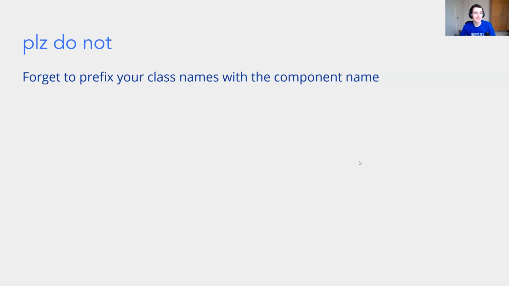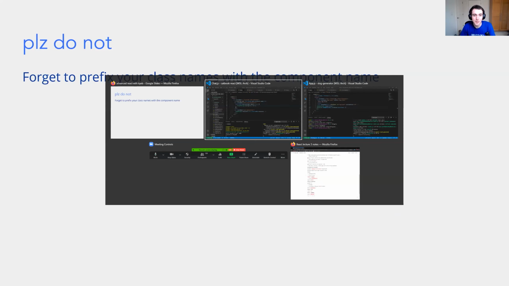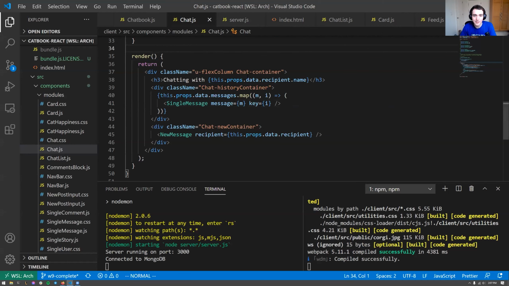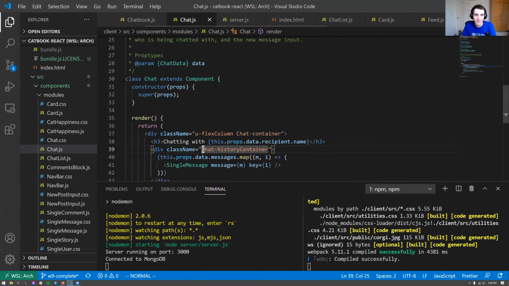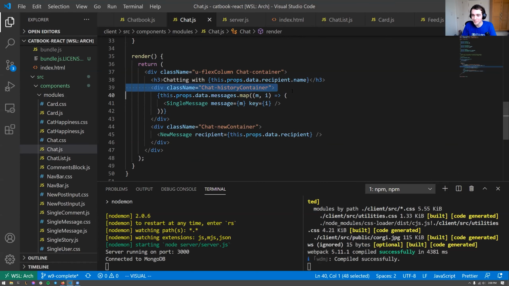Please do not forget to prefix your class names with the component name. We showed you this when we first introduced React, but if you remember, everything that's in Catbook, whenever we do a class name for CSS, we prefix it with the name of the component. So chat-container, chat-history container, because this is all in the chat.js and the chat component. Now, the reason we do this, and I think we explained this when we